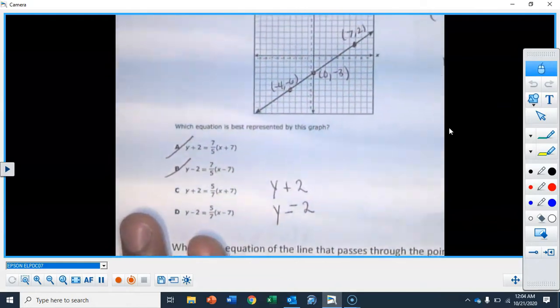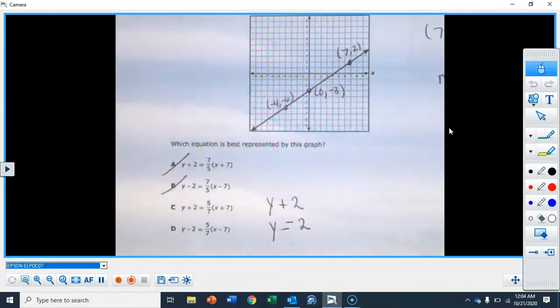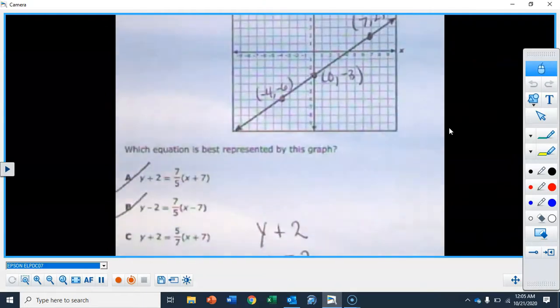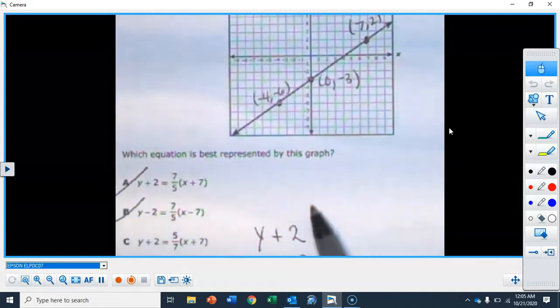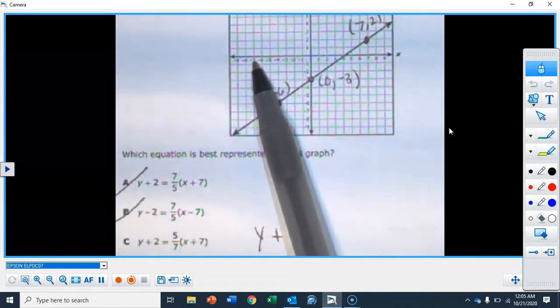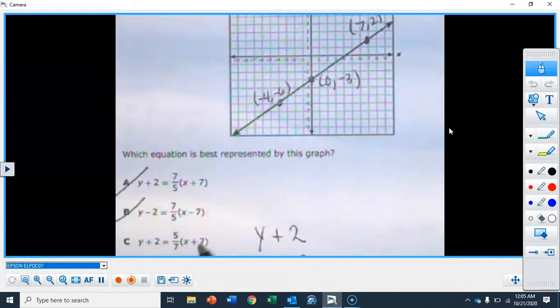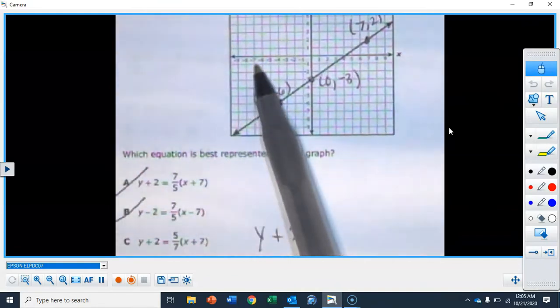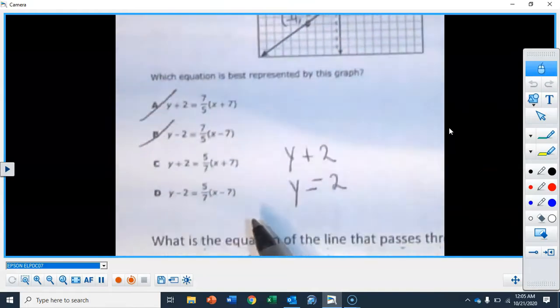Okay, so when I look at my points, do I have anything that's basically, again, this would be a -7 because of that x plus 7. So do I have anything that is -7 and then -2? That's what I would do. Let me zoom in. So is that point on my line? That's the question, right? Is there a -7 for x and a -2 for y? Am I on the line? And look, -1, -2, no, I'm not on the line at all. So I don't want C.